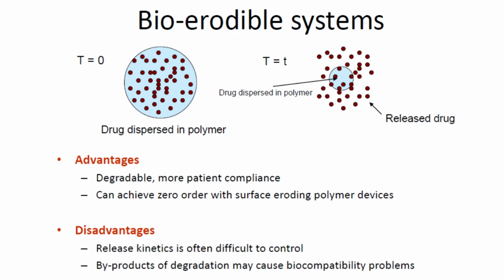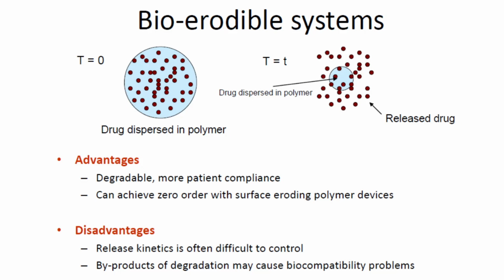Now, the disadvantages are release kinetics is often difficult to control, because although you can have systems in place where you can have quality control, you can try putting these bioerodible systems in vitro and check how they are getting released. But still, once you inject it into a patient's body, you don't have control on its release kinetics. You don't know how it's going to release, how fast it's going to degrade. Also,